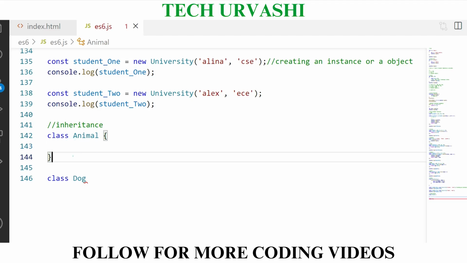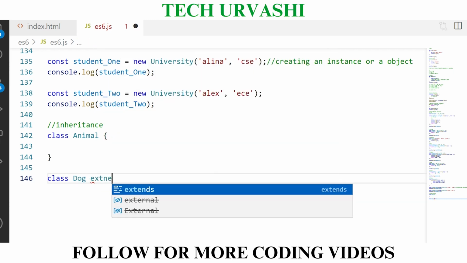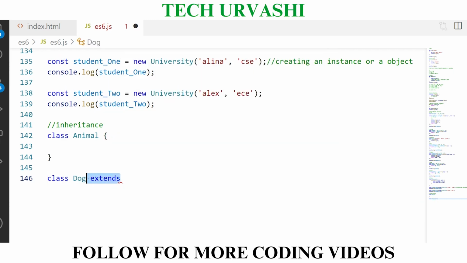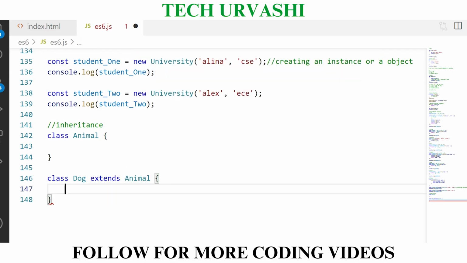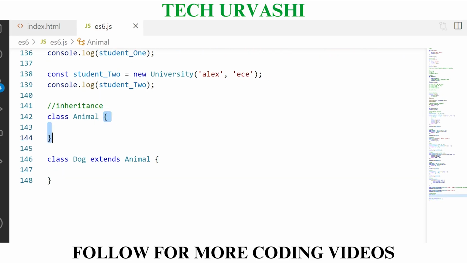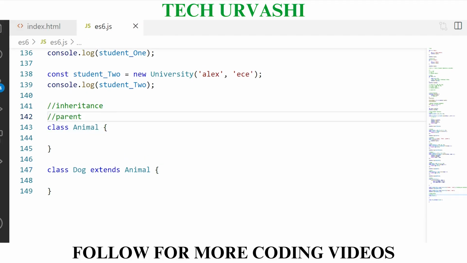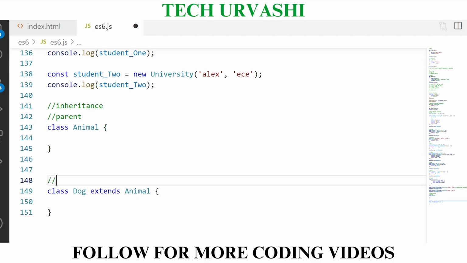In the same way, I'm going to create a class animal and then I'm going to say class dog extends. This extends keyword actually means inheritance. And then you add the class from where it is inherited, let's say from animal, and then the curly braces. Whatever we write inside this class is going to be exactly the same. The only difference is this extends keyword is included and a new class name. That means this class is called parent and this dog class is going to be called child, or we can call it a derived class.